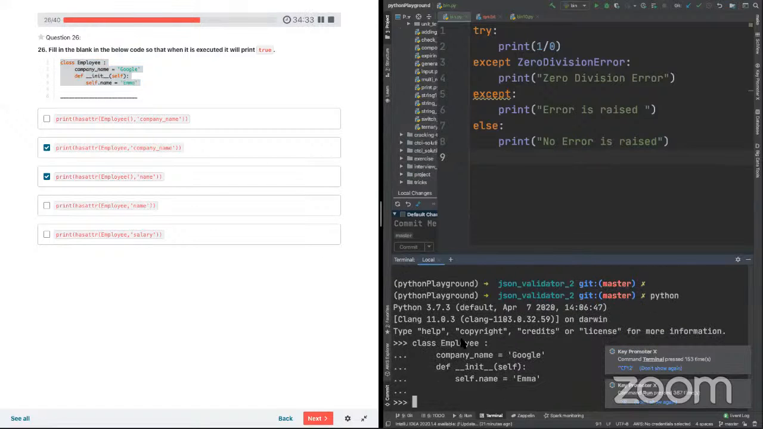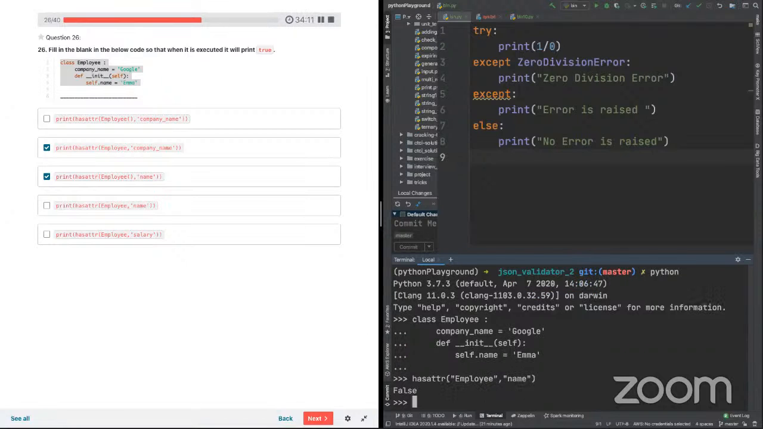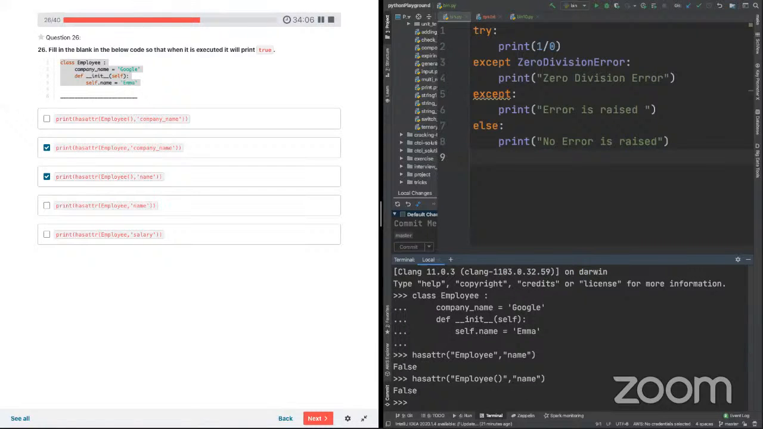So I have this class. Now if I say has attribute, it takes two values. First is the class or the object. For example, I have employee class and then the name of the attribute, which would be name. It should print false because that doesn't exist. But if I create the object of it,